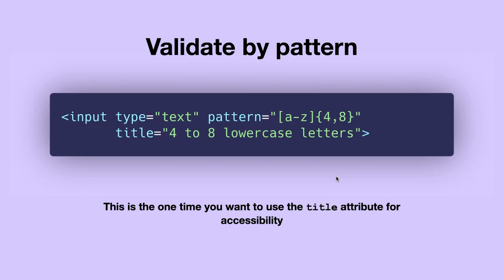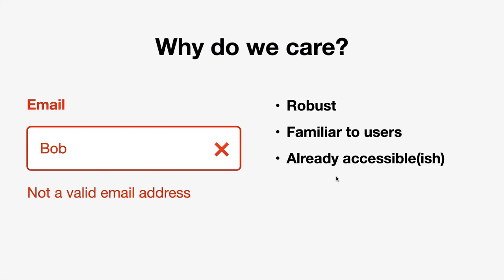The one subtlety with the pattern validation is you want to specify a title. Normally, the title attribute is something you avoid like the plague with accessibility. It's often mistaken as something you should use for accessibility. So people, for example, do links and they put title attributes on it, and it's completely useless. It actually does nothing for accessibility, except give you the false impression that you're making something accessible. So normally you avoid title and you just don't touch it. But this is the one rare exception where you actually do want the title attribute, because it tells the user what has gone wrong if they don't type it in correctly. So useful there.